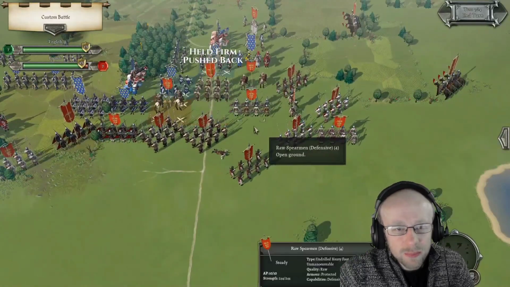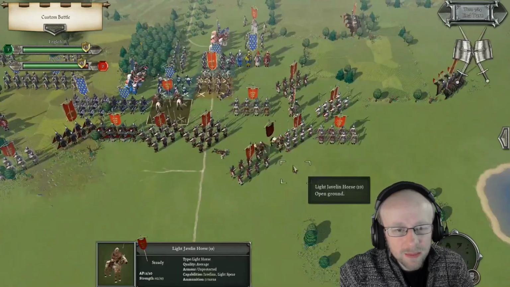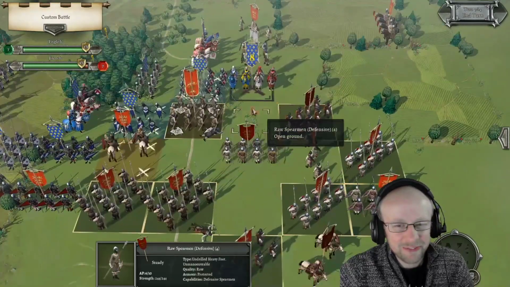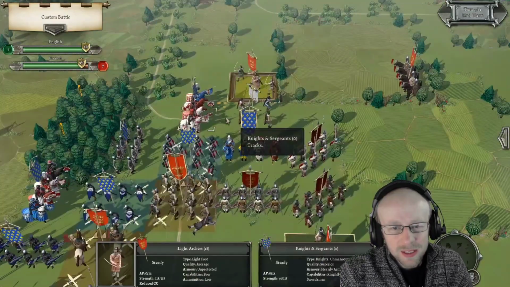There we go. Hold firm, push back. Slightly annoyed, still leaving that sniper zone. Okay, now I'm thinking I better get the hell out of dodge there. Oh, look at that! All red. Red for days. So I just don't control them up. This is my thing here. Well, if I'm not going to charge them, I'm just going to...